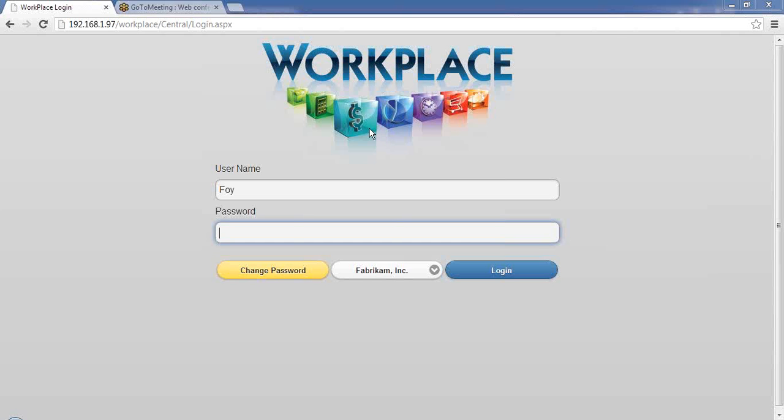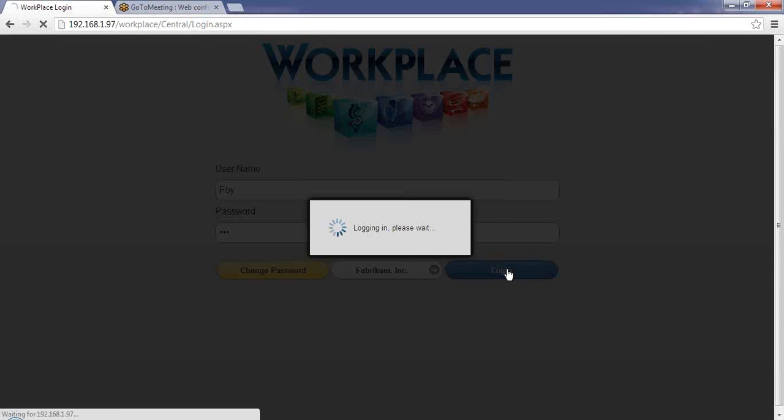Workplace is a web-based application. All of the users that log in do so via their browser. There's my address bar and URL at the top left-hand side of the screen. I'll enter my username and password, and we're going to log in as Foy. Now, I'm using SQL Server authentication on my image here. We also support NT authentication via Active Directory for single sign-on purposes. So if you're using NT authentication in your environment, that is supported for logging in, and we'll now log into